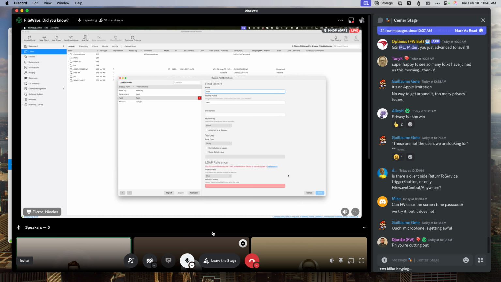But I would be able to create a custom field which is based either on the user or the computer. And if I enter the attribute name for my LDAP server, FileWave will regularly synchronize information from my directory service with my device. And then I can create a custom field which contains information which is coming completely from my directory service. And of course, this information, as soon as it is in inventory, can be displayed on the device with the